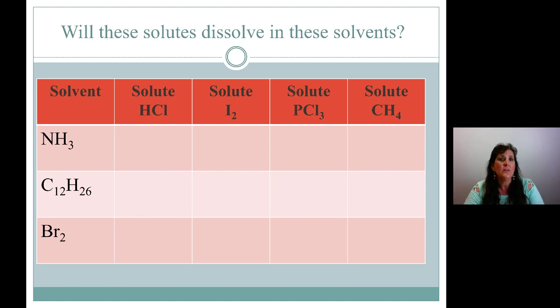Now ammonia is NH3. We've done this Lewis dot structure before. Do you think ammonia is polar or non-polar? By the way, it is a trigonal pyramid shape, and it has a lone pair on top. There's a lone pair up here pushing the bonds down, and that's why it's the trigonal pyramid shape and not trigonal planar flat. So that does make it unsymmetrical, so it is polar. Good job if you guessed polar.